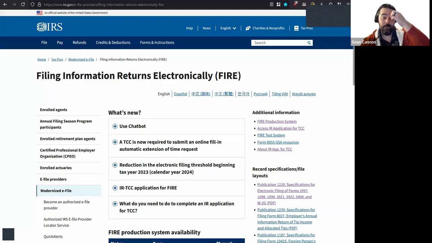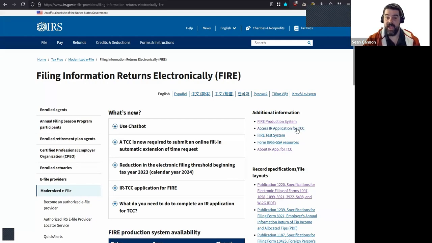The other thing that I'll mention is you'll notice down here they have this notice, FIRE system availability. The actual reporting tool at the moment does not seem like it's going to open up until January 13th. That is the federal government's projected estimate for when you'll actually be able to log into this system and upload the files. The good news is you can still submit the application now if you haven't already. So you'll